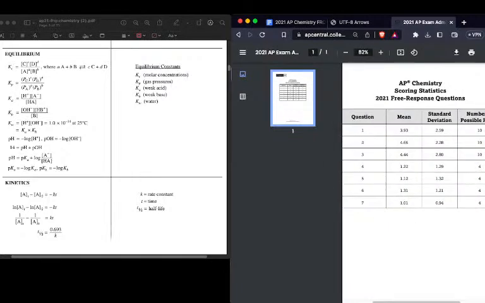No way. So questions 4, 5, 6, and 7 from the 2021 exam. Each one was out of 4, and the average score was 1 for each one. Like, of the 4 questions you got asked, the average was only 1 per question. Now I get that some kids ran out of time and so probably left these blank, but